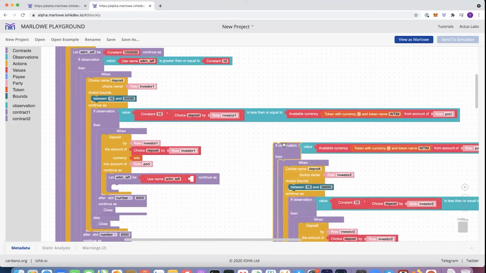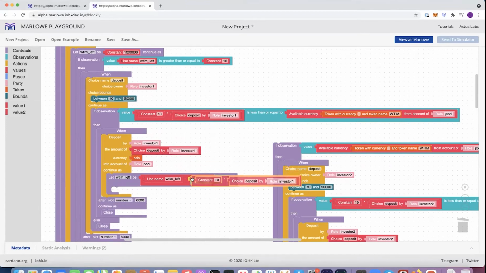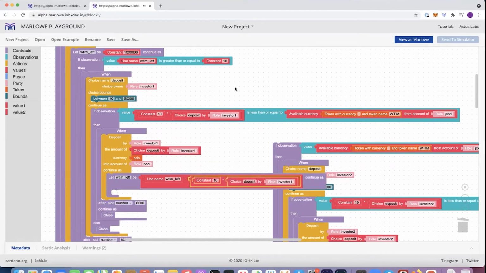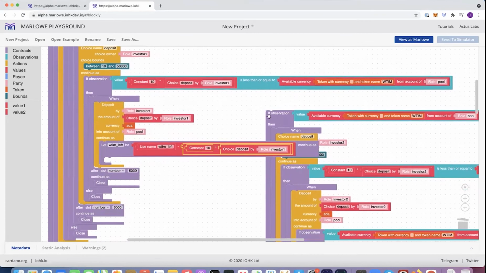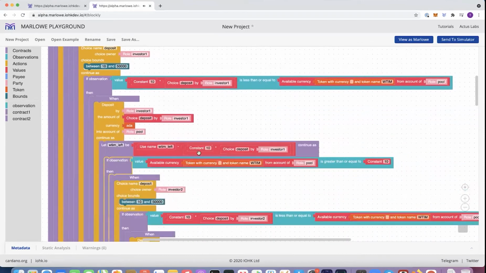Well, we want to subtract 10 times the deposit, yeah? Yep. Cool. That's making a lot of sense now. I'm seeing where we're going. Yeah. And then, so we've subtracted it, and now we can,